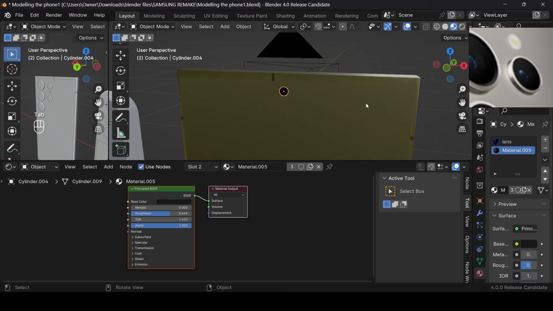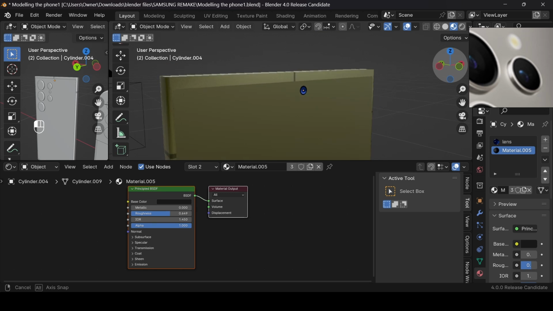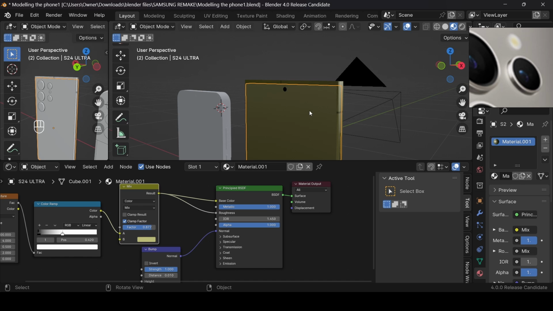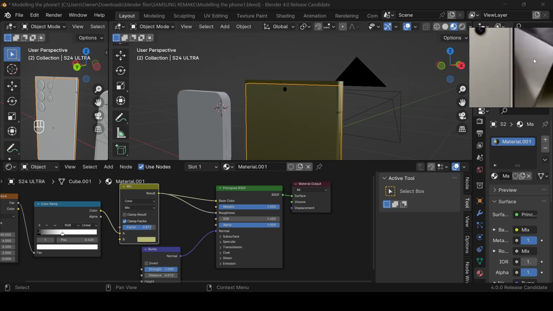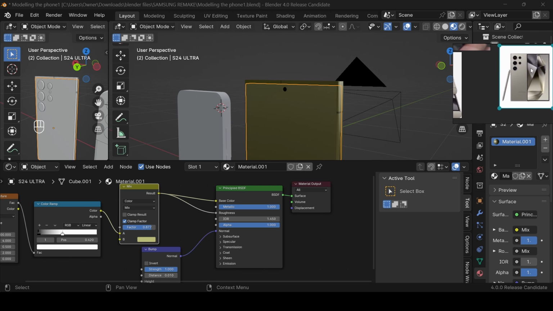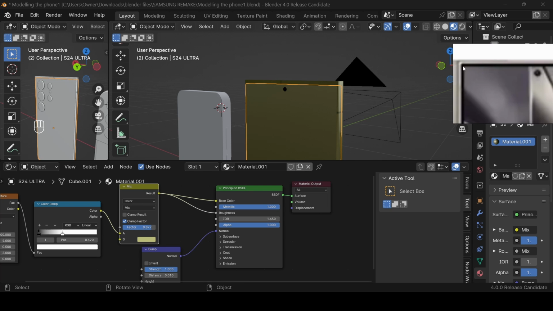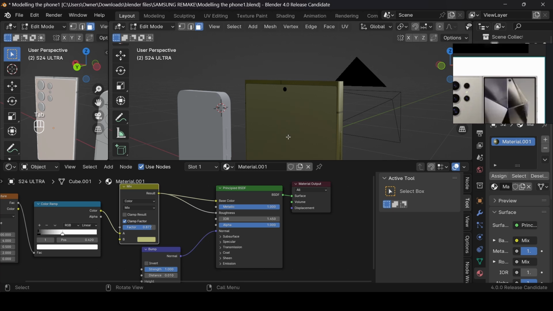So if we tab out there, this is just going to serve as the simple camera material as well, which is nice. Then I'm going to select this one. For the face, you can see in the front view here, for this phone, that there's a black material first, then you now have the screen. So what I'll do is tab into edit mode, press 3 to select this face right here,